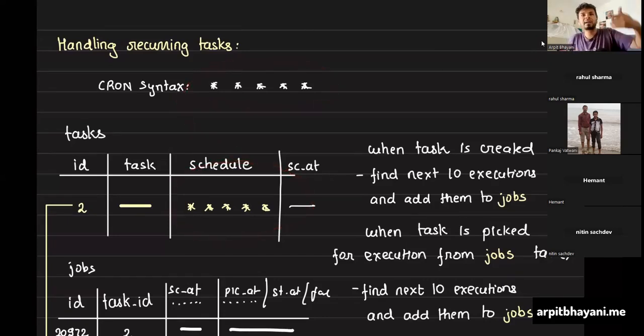When a task is getting picked up, figure out the next 10 iterations and schedule it. And so on and so forth. Like keep on doing it. This way you would know how to read cron syntax, how to process them, which library to use to figure out the next 10 executions of it, and then see which one of them are in the database and then add it. Implementation specifics, very interesting implementation specifics that you would uncover when you build this system.